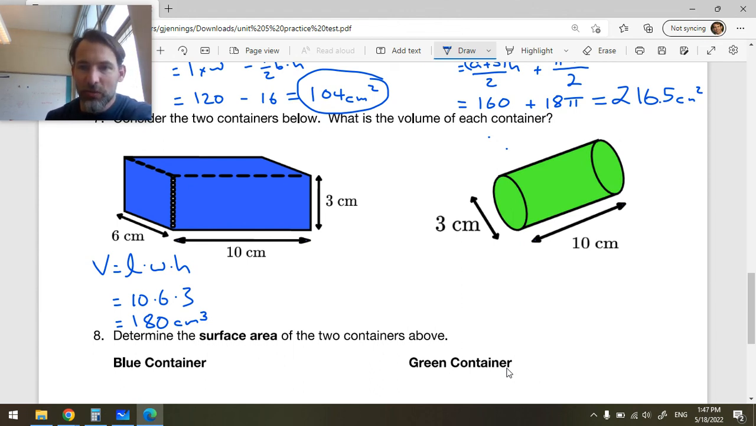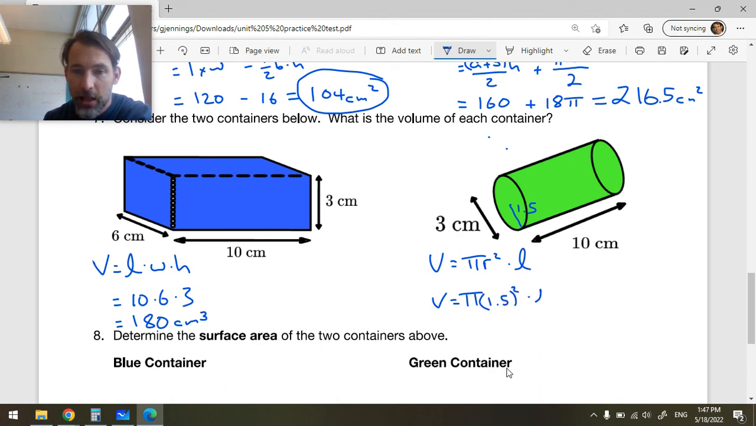And then let's do the volume of this one. The volume is equal to the area of the face, which is pi r squared, multiplied by the length. We don't know r because that gave us diameter. R is 1.5. Okay, so let's put that in. The volume is going to be equal to pi times 1.5 squared times 10. I was almost going to do an L. Okay, 1.5 squared happens to be 2.25. 2.25 times 10 is 22.5, so the volume is